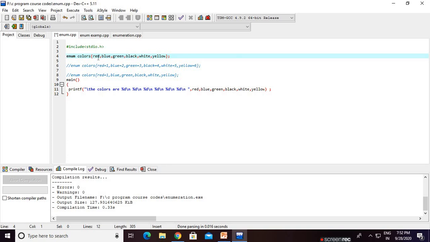What I try to say is that these are identifiers. Every identifier has its own constant value. If we do not define any value for red, blue, green, black, white, yellow, they take a default value, starting from 0. That means red is assigned 0, blue is assigned 1, green is assigned 2, black is assigned 3, and so on. So it prints that in the main function. We have printed red, blue, green, black, white, yellow. Click on execute, compile, then